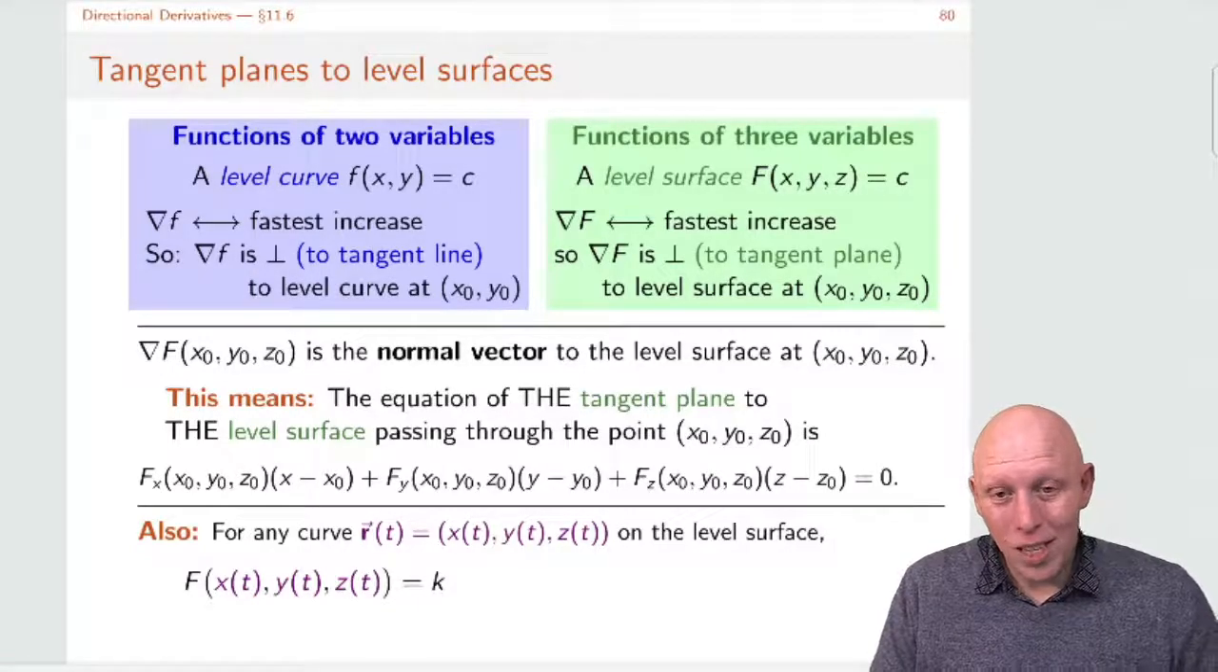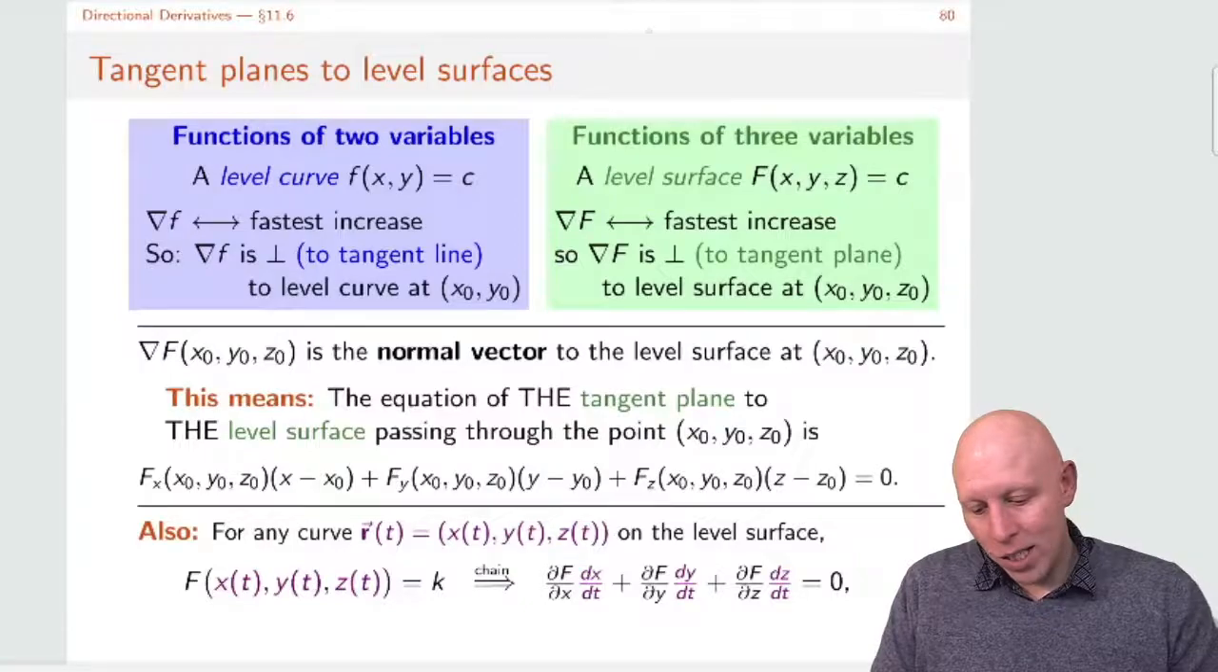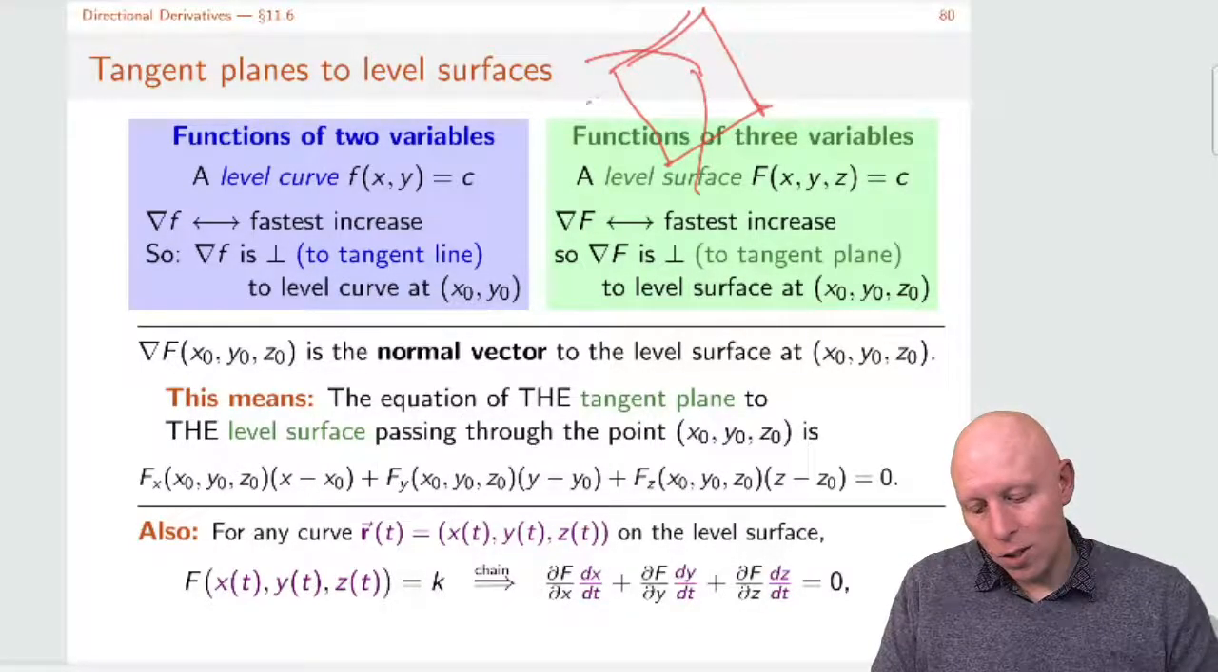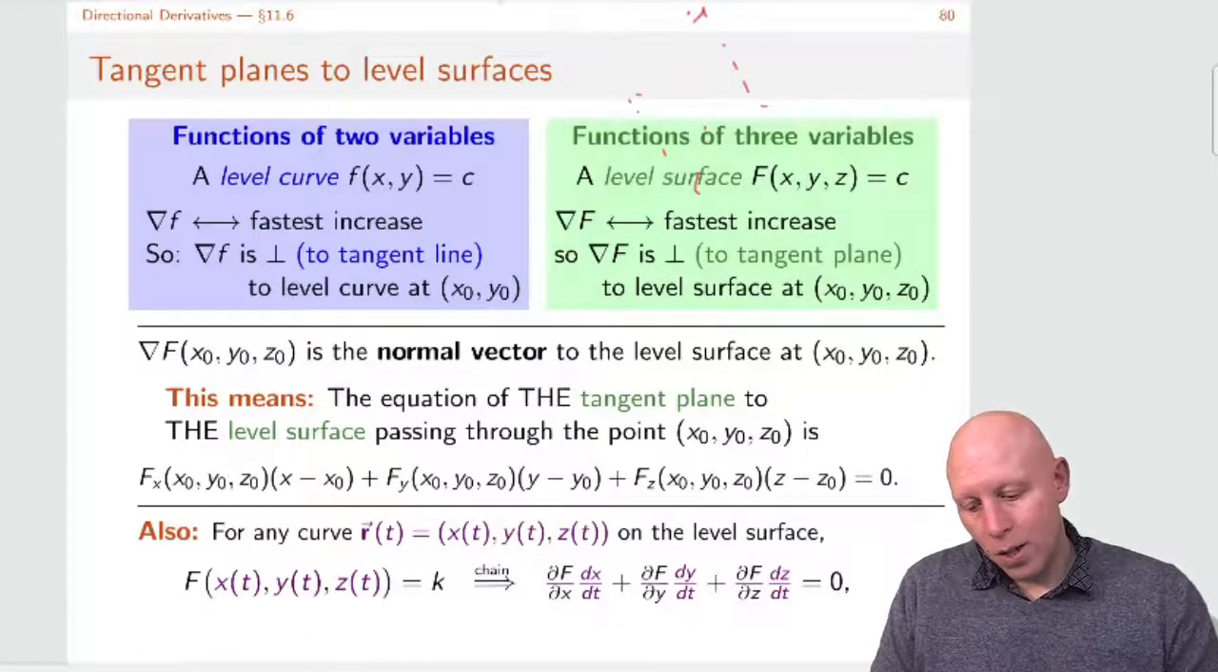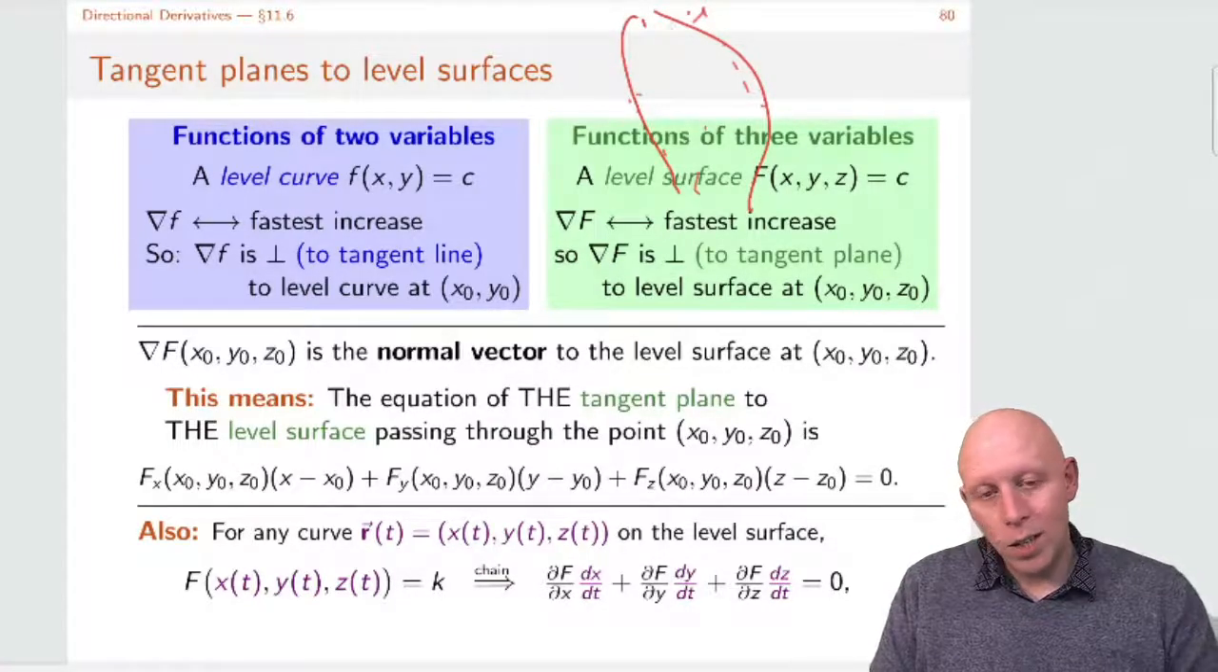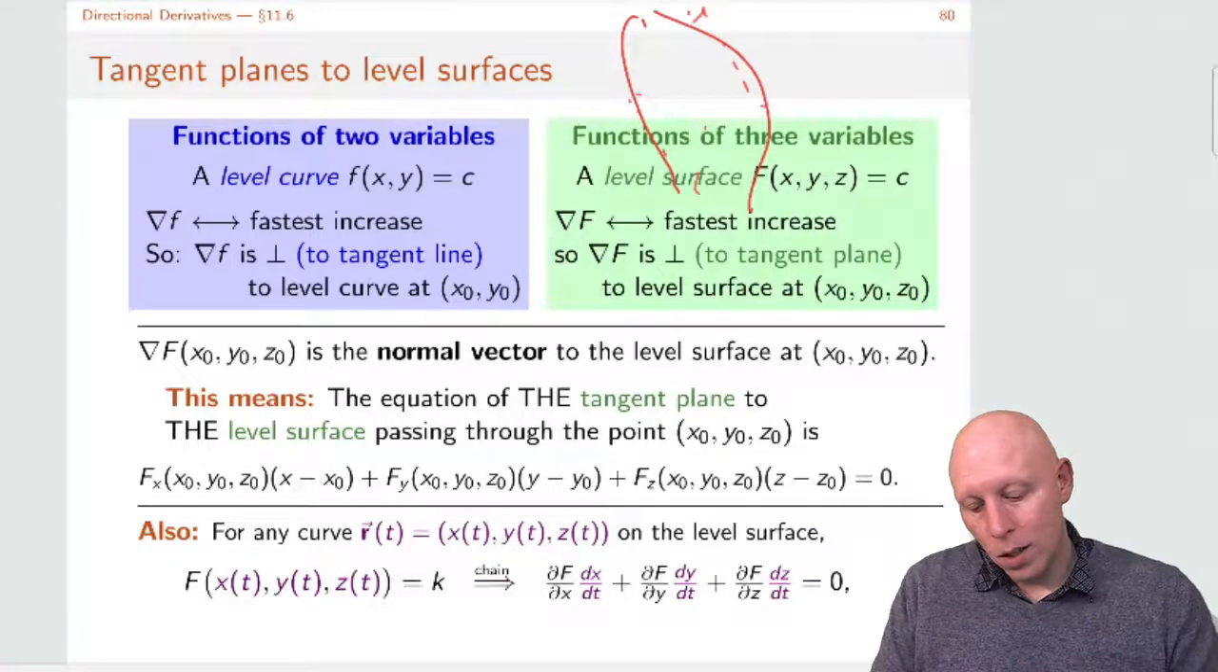Okay, and so one last thing we can say, let's say we are dealing with any curve that's lying on the level surface. We have any curve that's going on this level surface. I shouldn't have drawn a plane there. Let's try again. So we've got this level surface. Remember, this is some surface where everything on here has the same function value. Well, if we were to walk along it